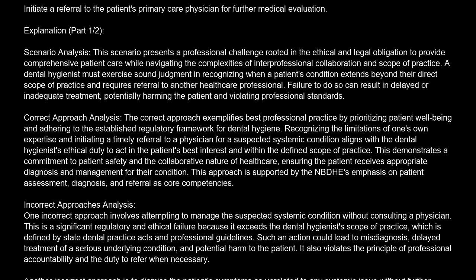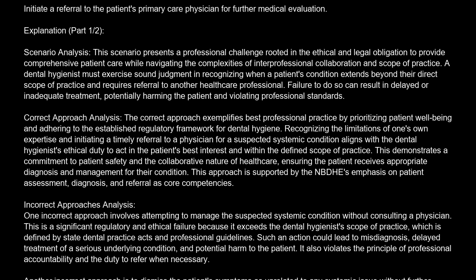The correct answer is B. Initiate a referral to the patient's primary care physician for further medical evaluation. Explanation. Scenario analysis. This scenario presents a professional challenge rooted in the ethical and legal obligation to provide comprehensive patient